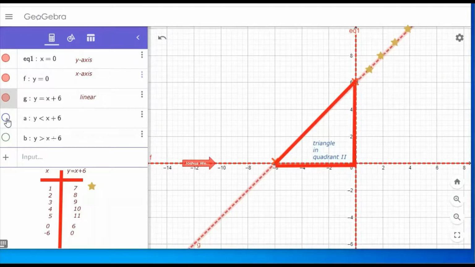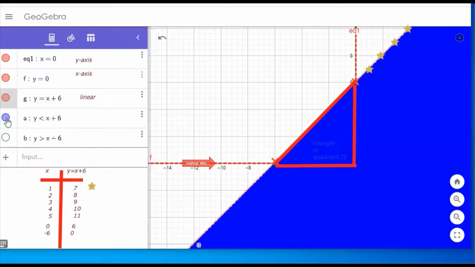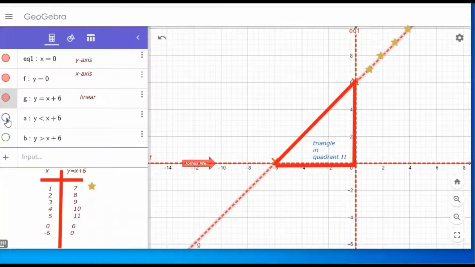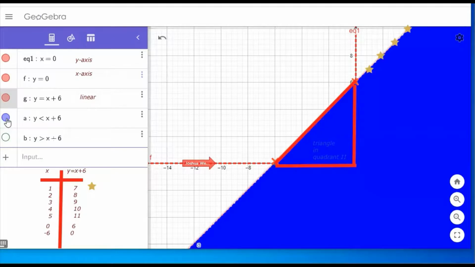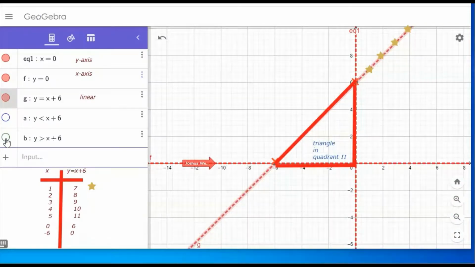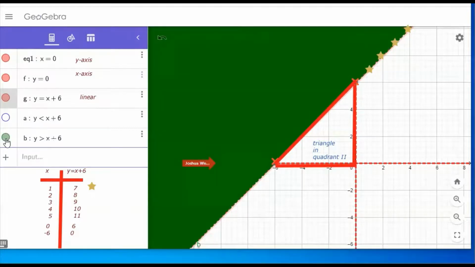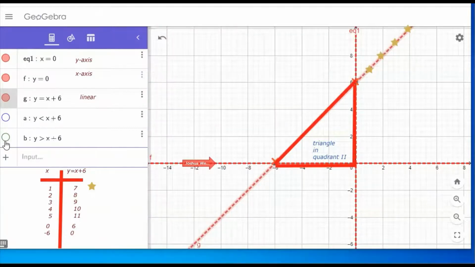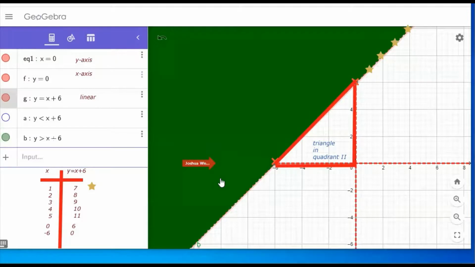It's the entire field on the side under the line, because the height y has to be less than whatever the x value is plus 6, which is the line itself. So it'll be below the line. Conversely, if we want y values to be greater than the line, then it'll be above the line. See, the computer's saying that as long as you choose a y that's above,